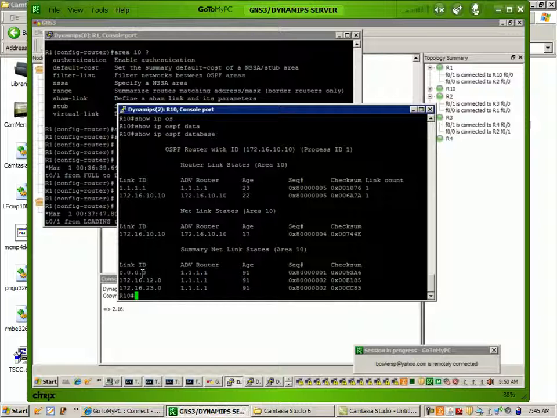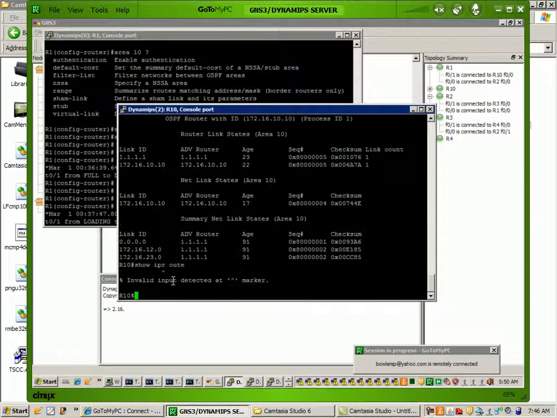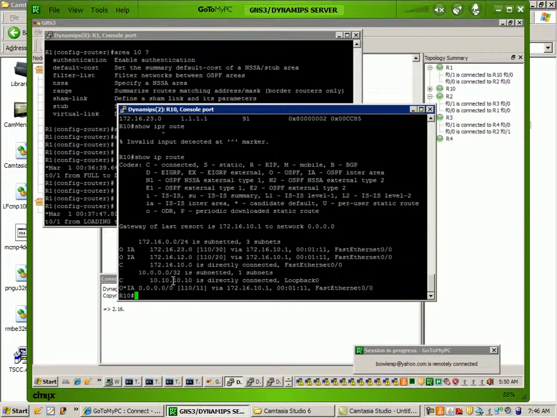The other big difference is that you can see here with our LSA type 3, our summaries, that we're now seeing a default route propagated into the OSPF domain. I can also see this default route if you just look at the routing table and do a show IP route, as you see here, indicated by the O IA here. This is telling us